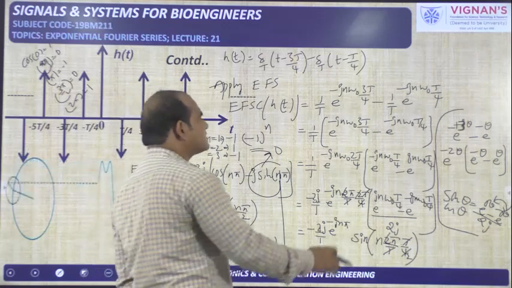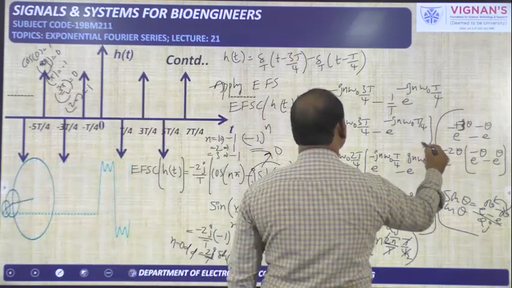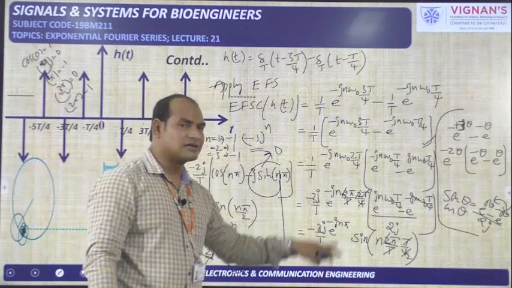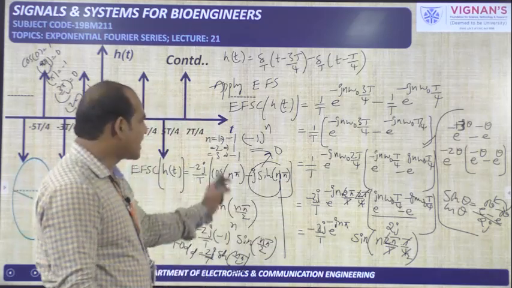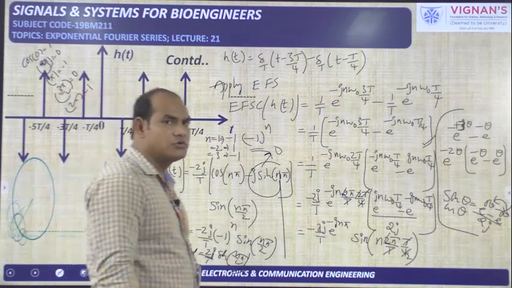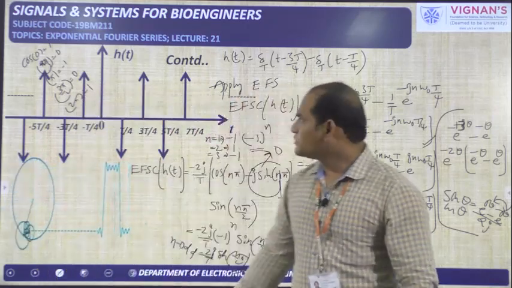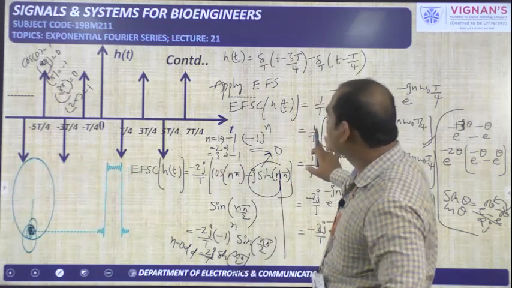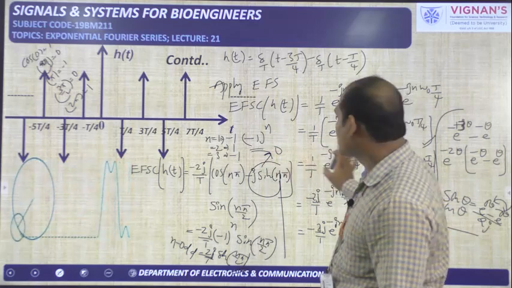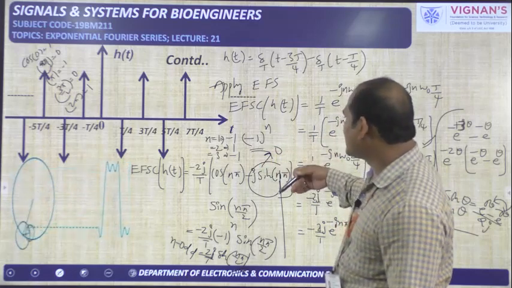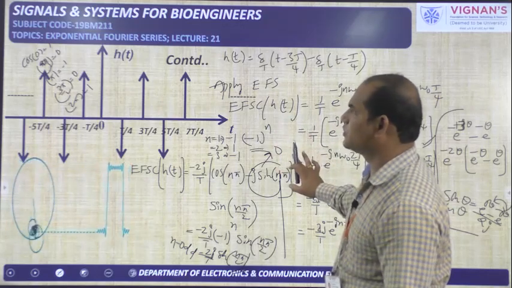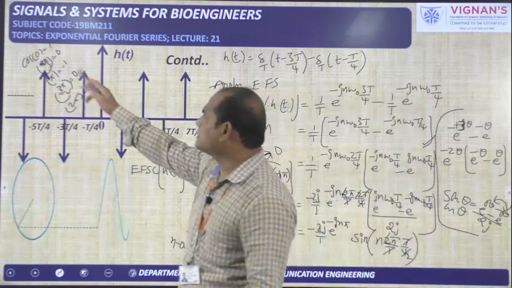Okay, getting this up to this line is very easy by application of the time shifting property. After that only this mathematical calculation we need to perform. With practice this will also become very easy only. So in this way you need to do the problems. So with this you can understand how much difficulty is available with respect to maths in this subject. All these taking common and applying cos 0, and if you understand this problem carefully, remaining things are very easy only. So you need to know what is cos 0, how to take.